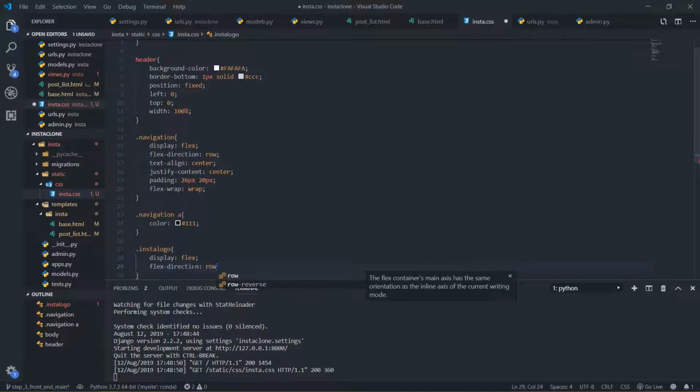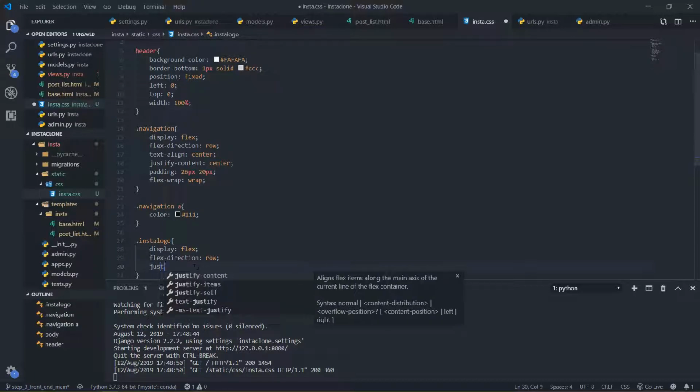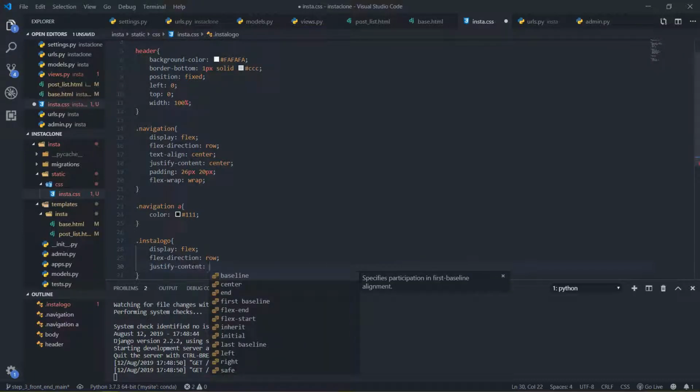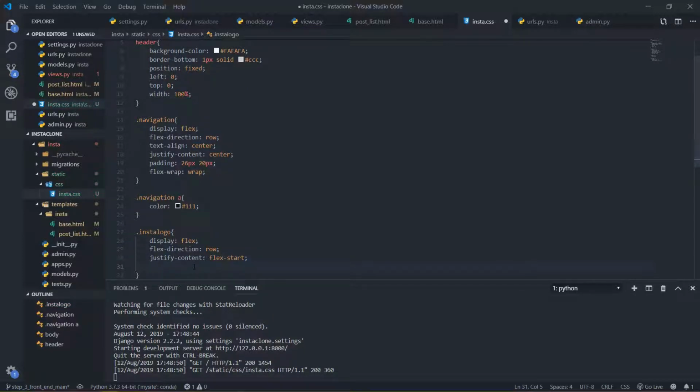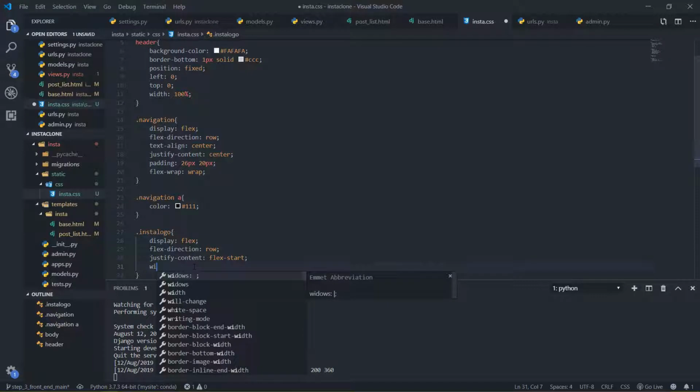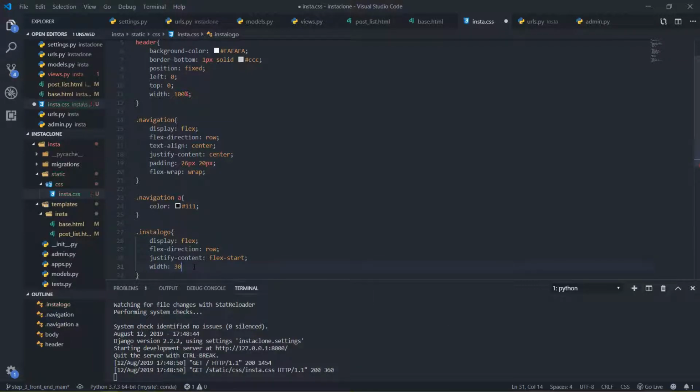It's also row, and justify content. I'm going to have that as the flex start. Then the width of this is going to be 30% of the entire navigation bar. I'll save this. Let's see if I have anything about the